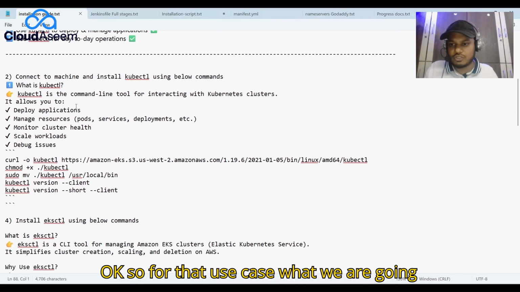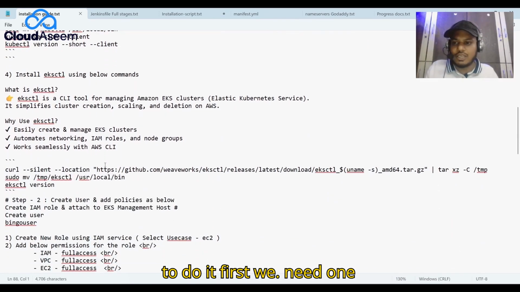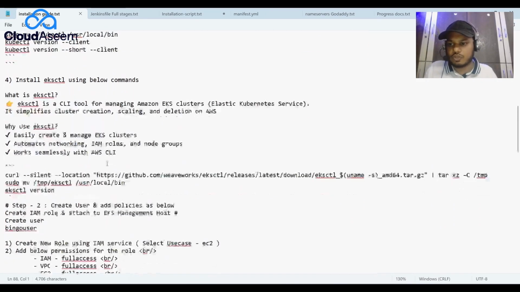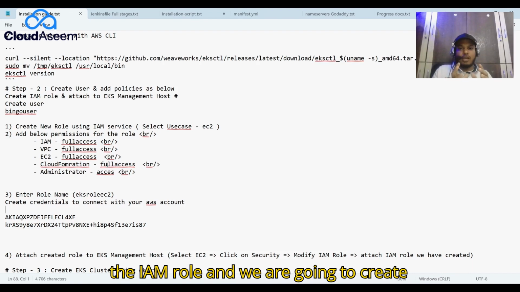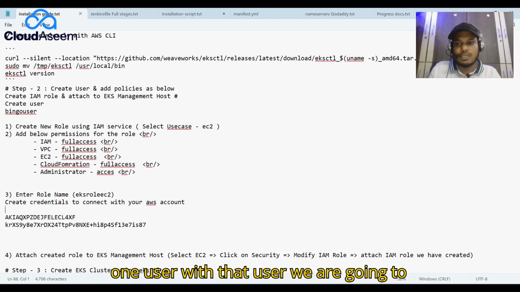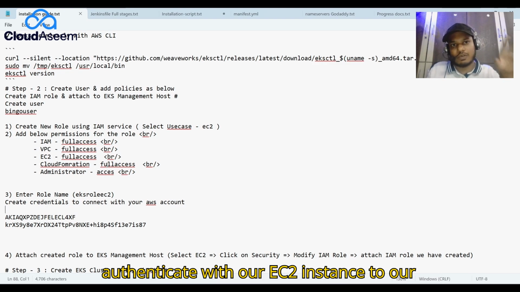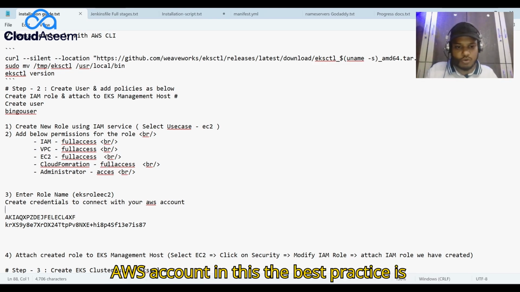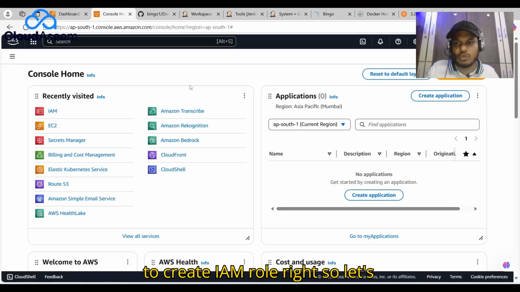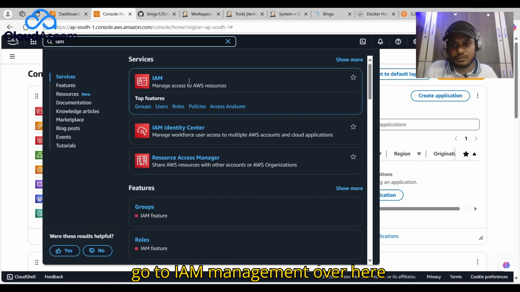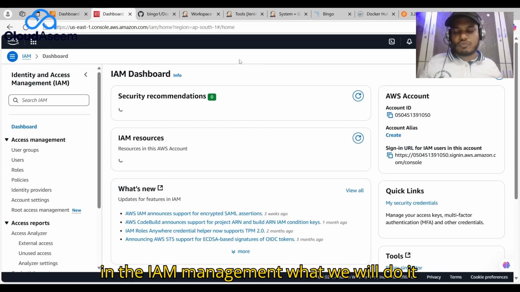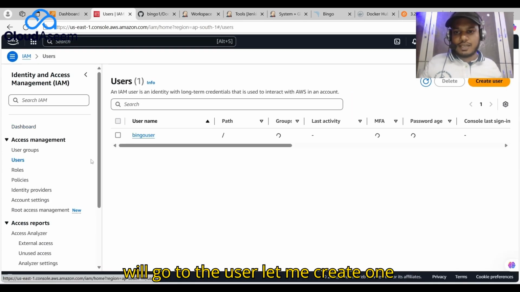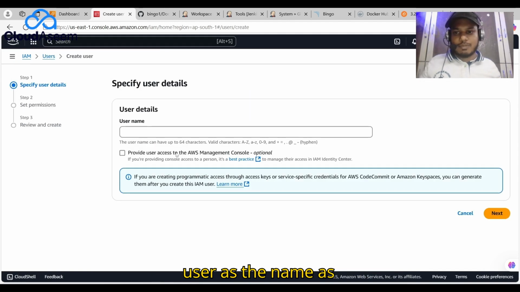Now, first we require one IAM role, and we are going to create one user. With that user, we are going to authenticate from our EC2 instance to our AWS account. The best practice is to create an IAM user with the right permissions. So let's go to IAM management over here, go to Users, and let me create one user with the name